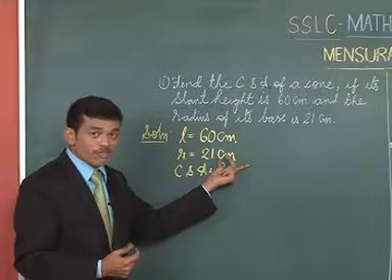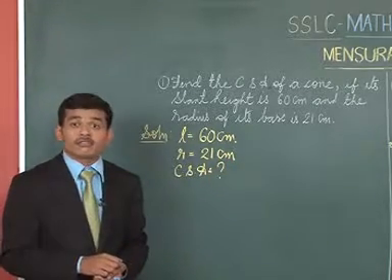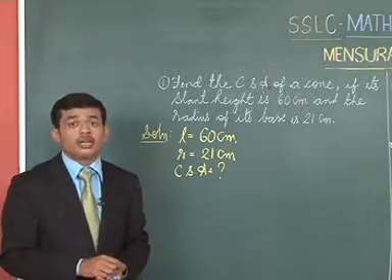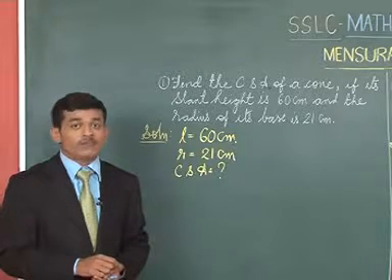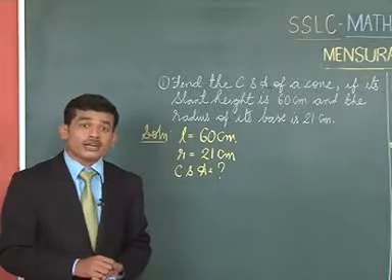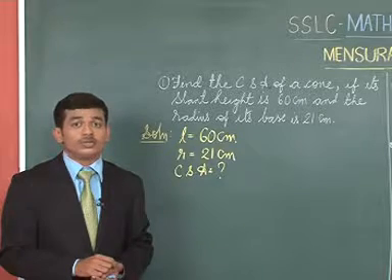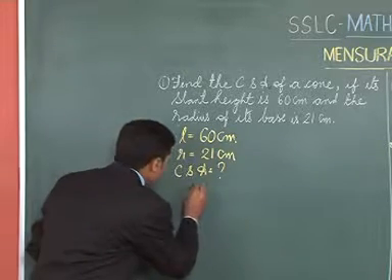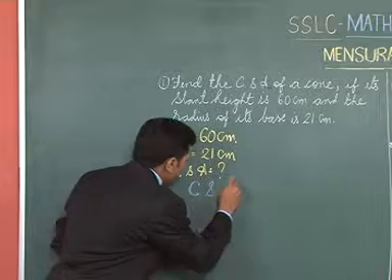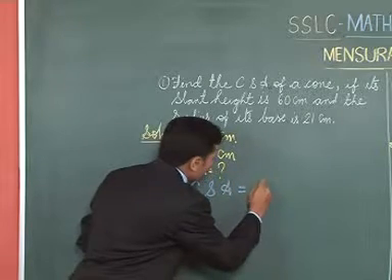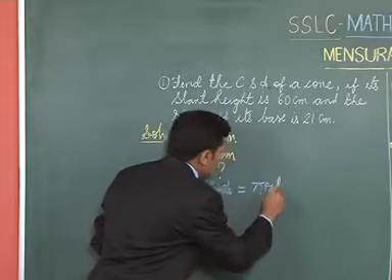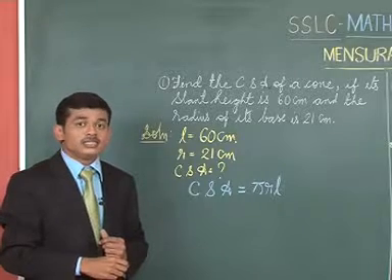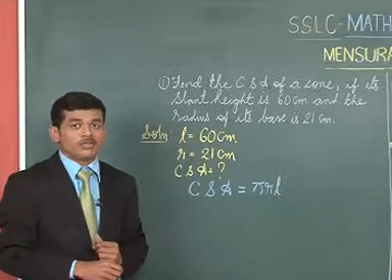So, now proceeding further, let us write down the curved surface area formula. The formula for curved surface area of a cone is pi r L. We have already discussed that the formula for calculating the curved surface area of a cone is given by pi r L. Let us write it down. Curved surface area of a cone is equal to pi r L, where r is the radius and L is the slant height. Now here is the formula, and now just substitute the values given in the problem.